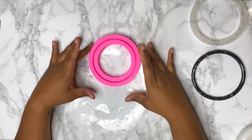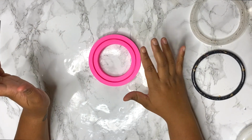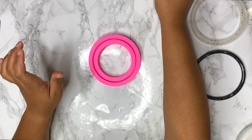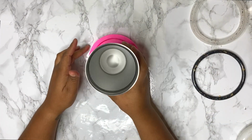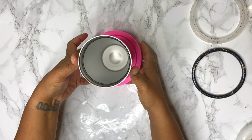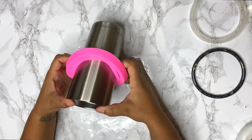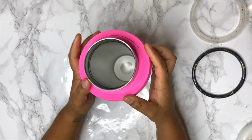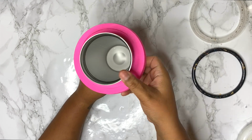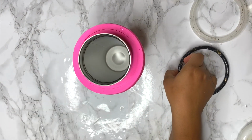So this is when I found this one. And the good thing about this, a lot of stuff fits. So once you're done molding, I'm going to show you real quick. You're going to want to find something first that you're able to put this on and for it to close. See, we're going to slide this up so I can show you guys. But as you can see, all of this right here is closed. And that's what's going to give it a nice